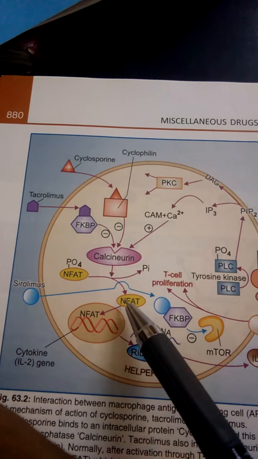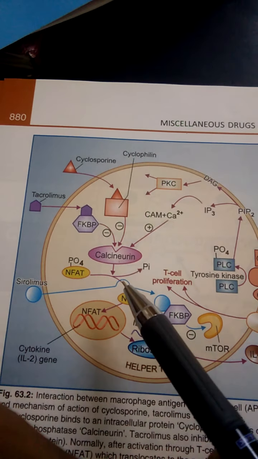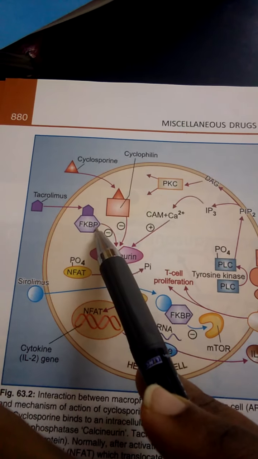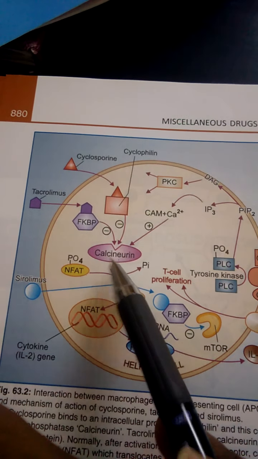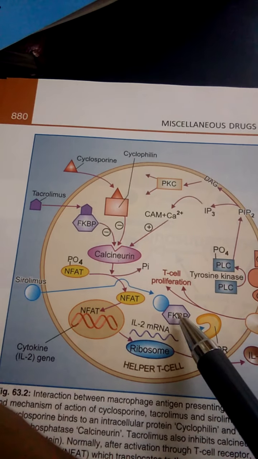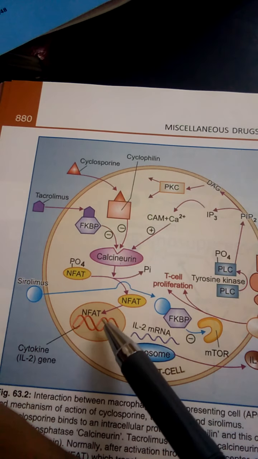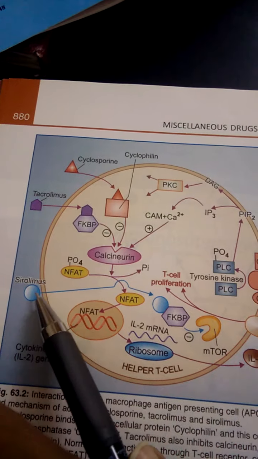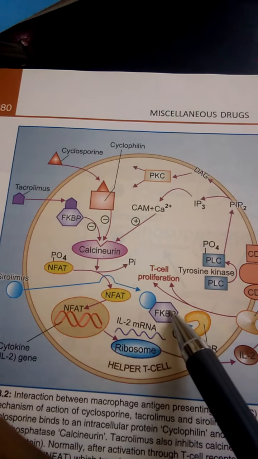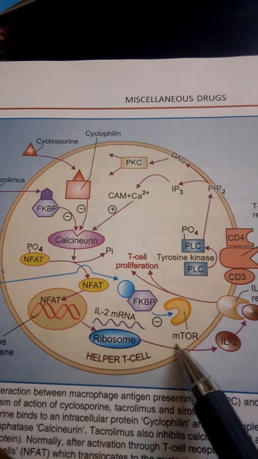The sirolimus mechanism of action is also similar to tacrolimus. Sirolimus also binds to the FKBP. Tacrolimus binds to FKBP and inhibits the calcineurin actions, and sirolimus also binds to the FKBP, but it does not act upon the calcineurin or the NF-AT, only indirectly. Directly, sirolimus acts upon the FKBP, that is FK binding protein, and it acts upon the mTOR,